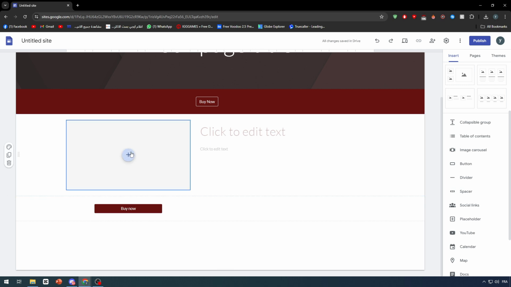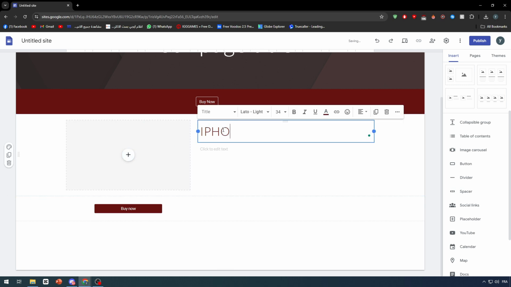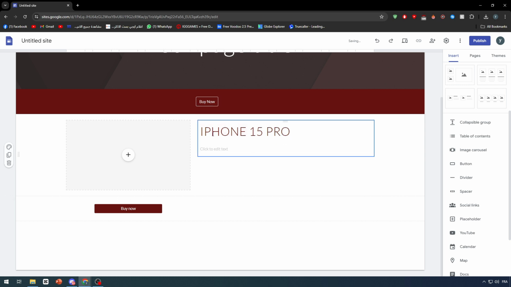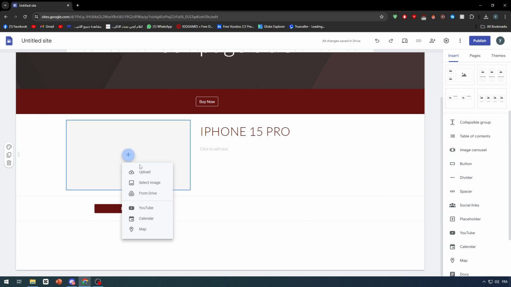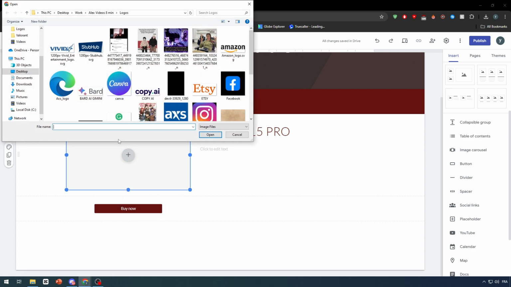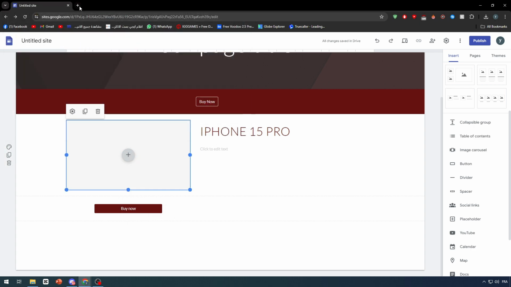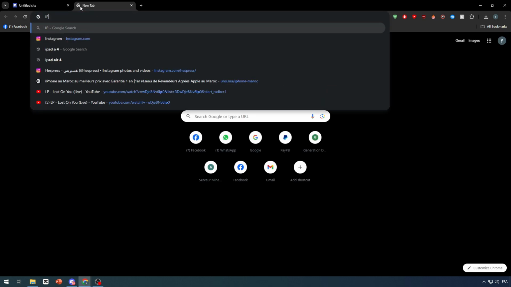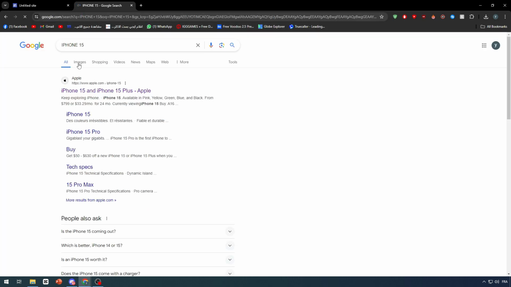Alright, so let's say I'm selling an iPhone 15 Pro Max or something like that. Here I'm gonna add a picture of the iPhone. Let me just try to find an iPhone picture. iPhone 15, so it's like that. I'm gonna add